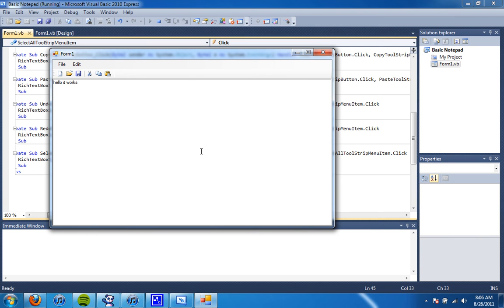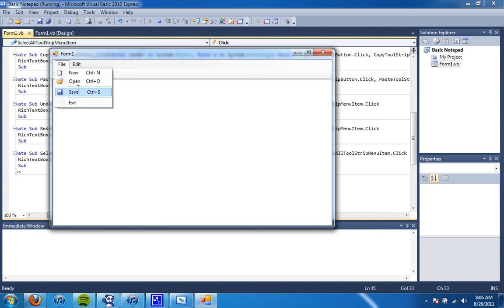Now if we cut this, it cuts. And edit, undo, that works too. Edit, redo, and I'm just going to undo it one more time. And then if we copy this, it works. And if we press new,